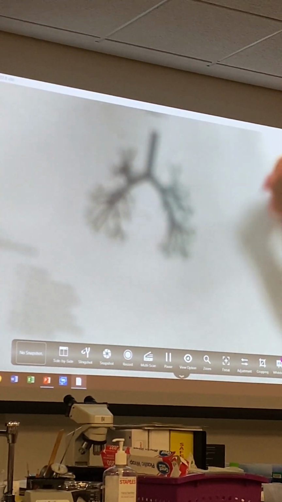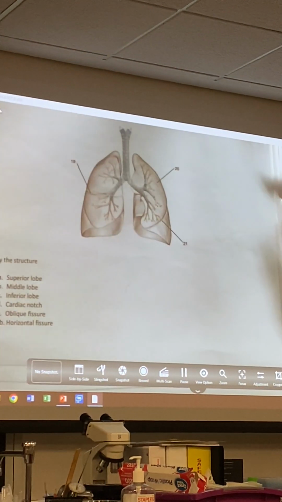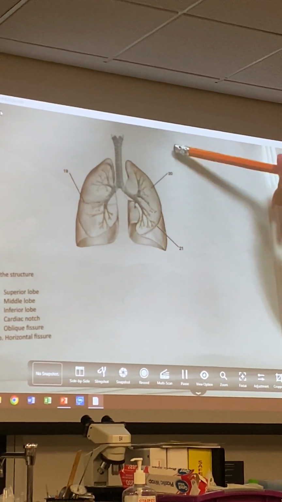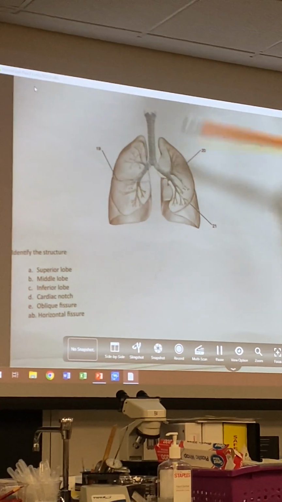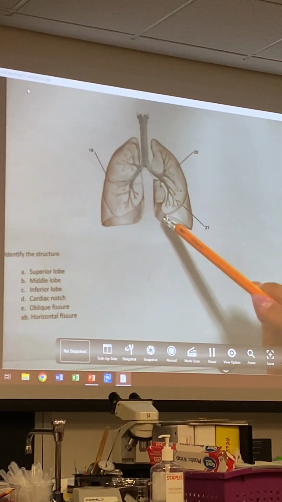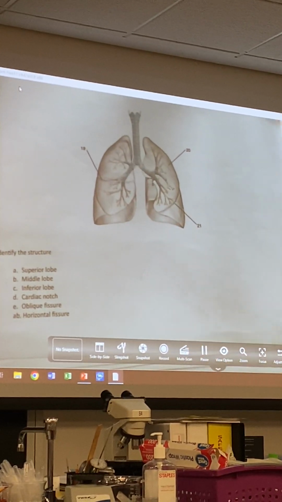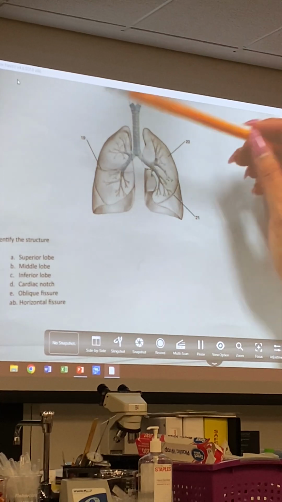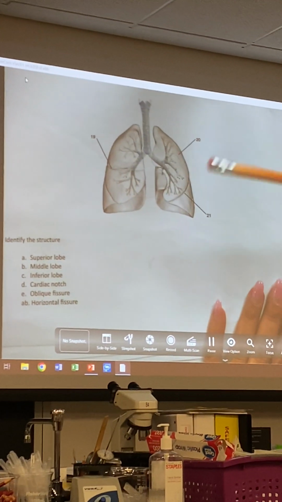So what would we think 18 is? Tertiary. Alright, so this is where our anatomical landmarks kind of help. What would this one be? Superior lobe, right? And this is a fissure that's at an angle. What would we call that? Oblique. What about when it's horizontal? So horizontal fissure, oblique fissure, superior lobe,